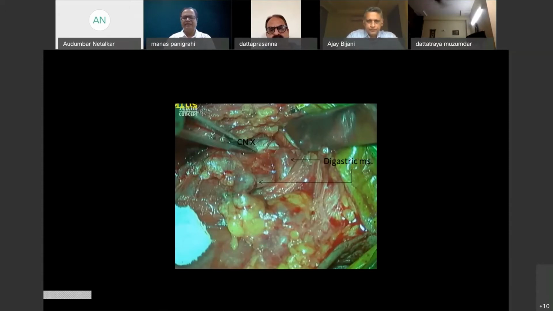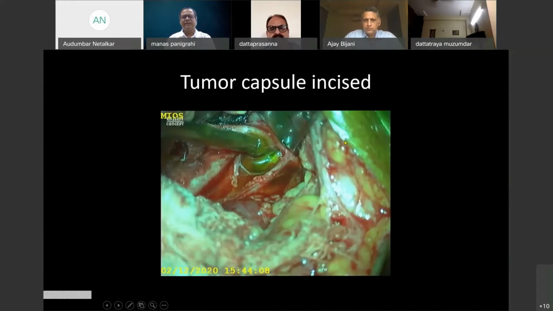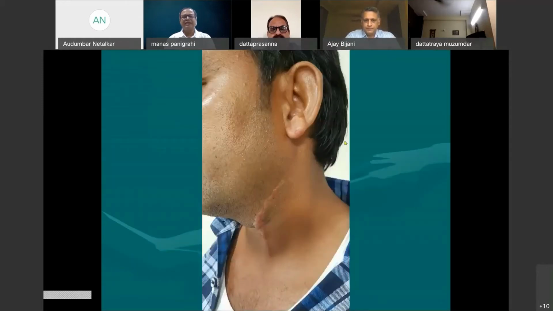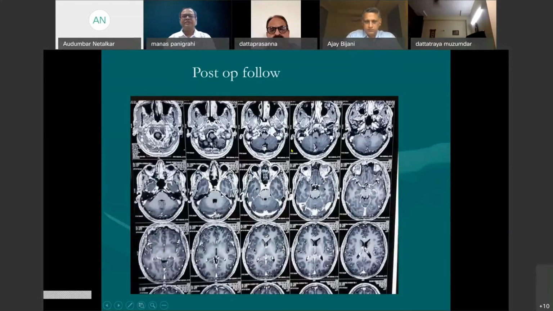And this is at the end when you expose the tumor at the level of the prepharyngeal area. The tumor capsule is excised, and this is the tumor bed. And this is how the patient looks post-operatively. This is the post-op scan, so this area is filled with fat to prevent any CSF leak. Fortunately, the intradural part also came out through that.